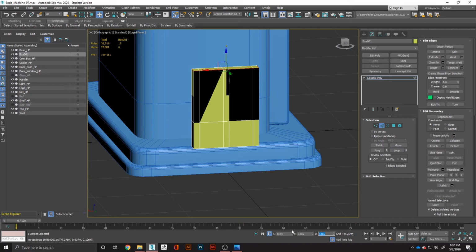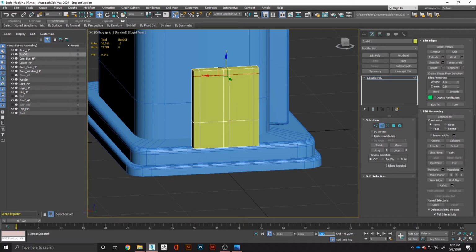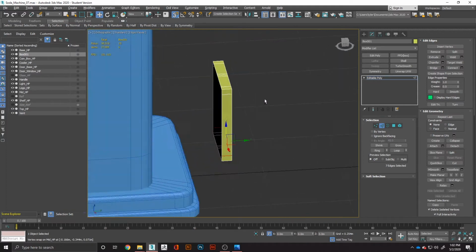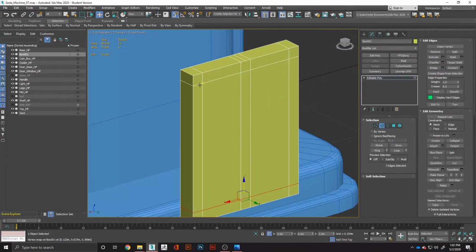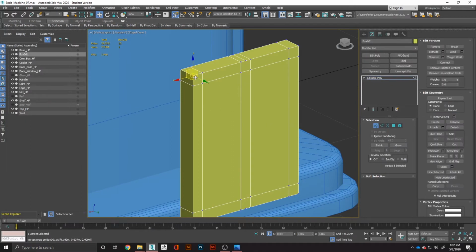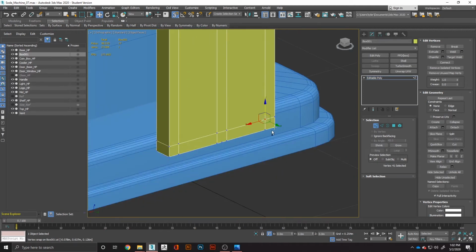We will go negative 0.02, and then I'm going to select this. I'm going to go positive 0.02. Okay. So something that we can do here to make these corners nice and easy to work with, I'm going to connect right here. So just select the 2 I want, Control C,